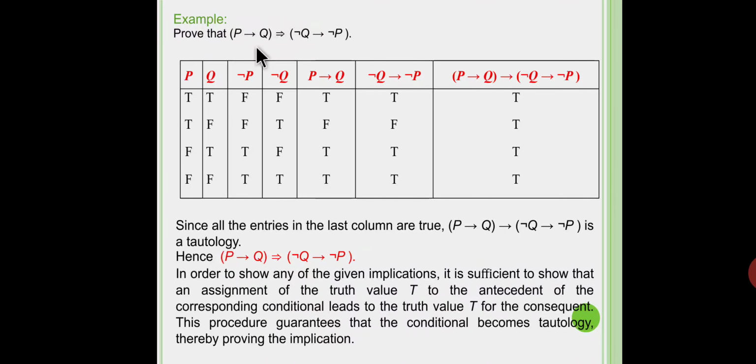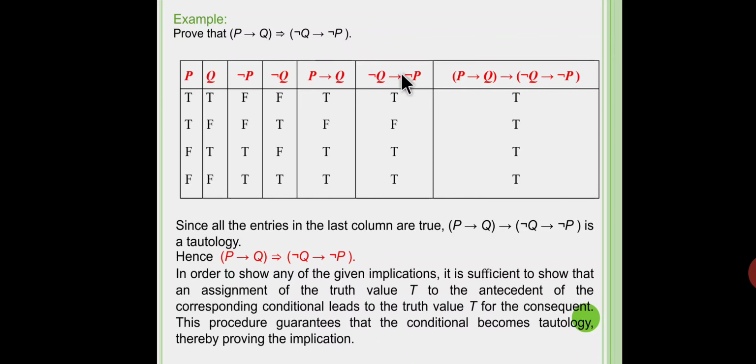So what is the LHS of the given relation, P implies Q? What is the rule of implication? If P is true and Q is false, then the compound statement has the truth value false. In the remaining cases, it has the truth value true. So in the second case, P has truth value true and Q has truth value false, so the compound statement has the truth value false. In the remaining cases, it has truth value true.